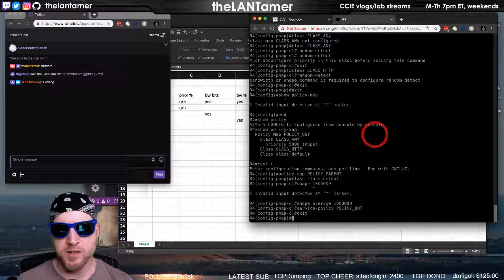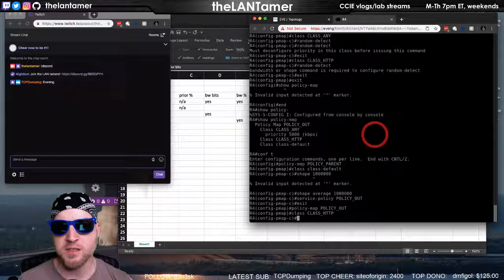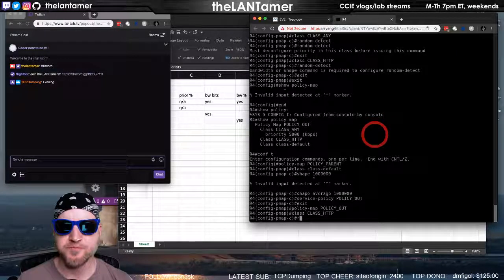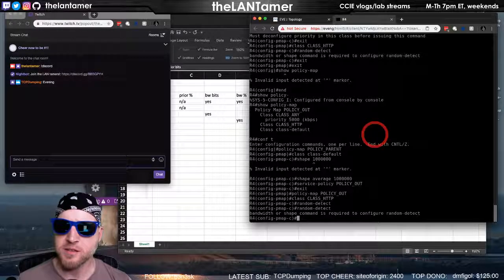All right, let's see if it'll work now. Policy map, policy out, class HTTP. It's required. Do show policy map.